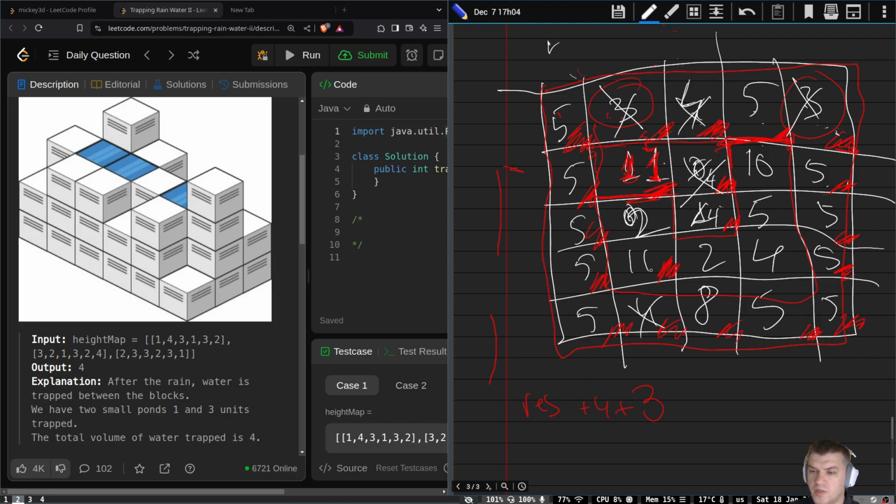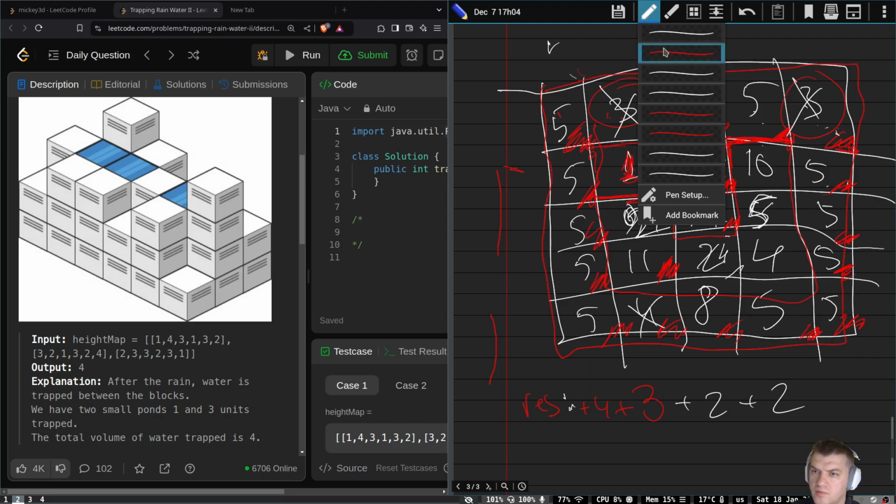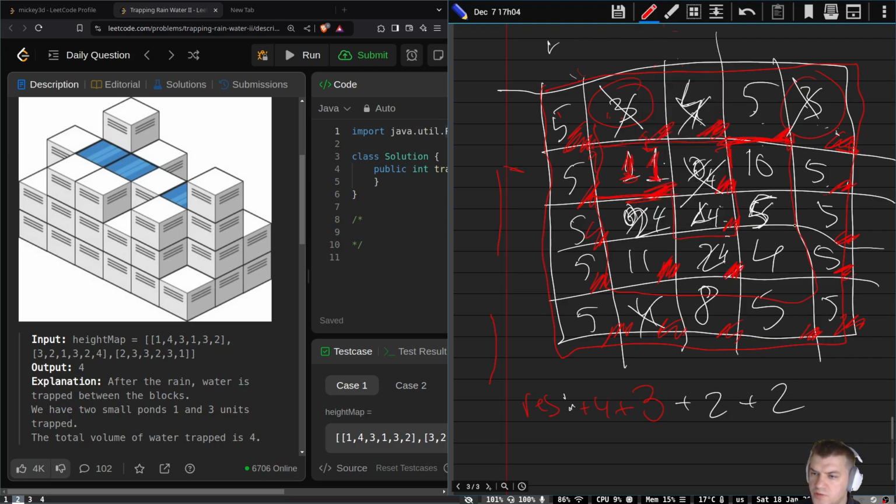Then I cross 4, and then 11 is greater than 4, so no impact on the result. Next I need to take another edge, let's say 4. I take 4 and check the neighbors, so increase this one to 4, plus 2, and this stays 5, and this one also increases to 4, and the result is going to be plus 2. This is going to be the new edge, and this is going to be a new edge, and then I'm going to cross out this one, 4,